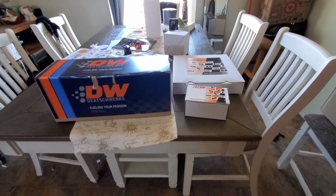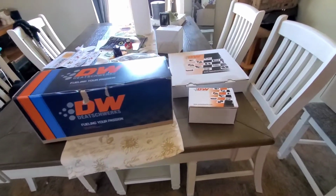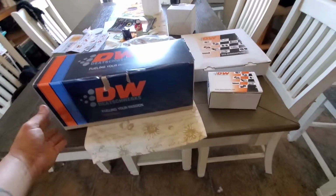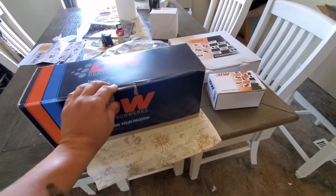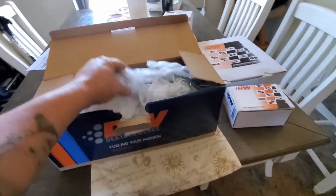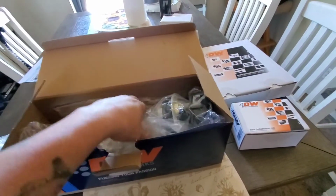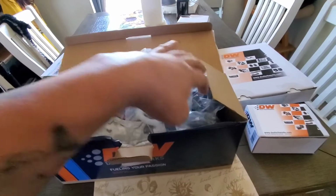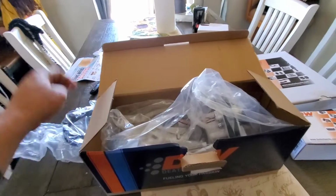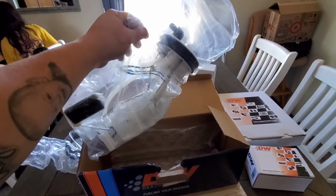So for this kit, the kit brand is Deechworks. Basically everything is from Deechworks when you buy the kit from Humble Proformance. So I'll go ahead and open this big one and show you guys what is in there. So basically this is the whole complete fuel pump module. It comes with a new ring for your gas tank,